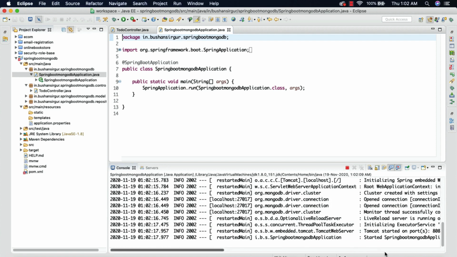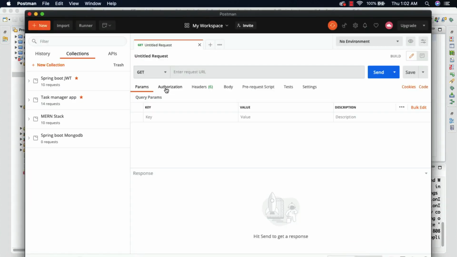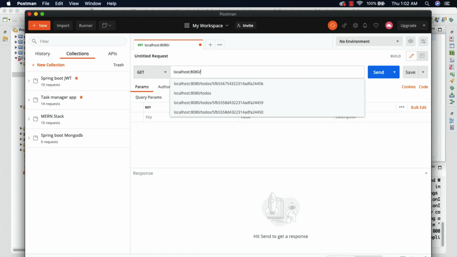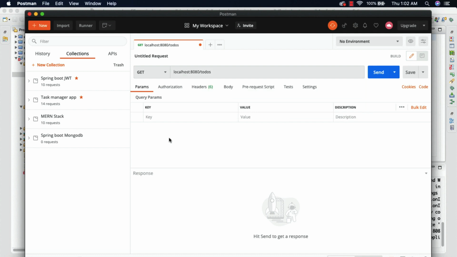So now let's go to Postman, and I'm going to choose the GET request and localhost:8080, and I'm going to specify the URL, which is /todos, and let's go ahead and click on Send.